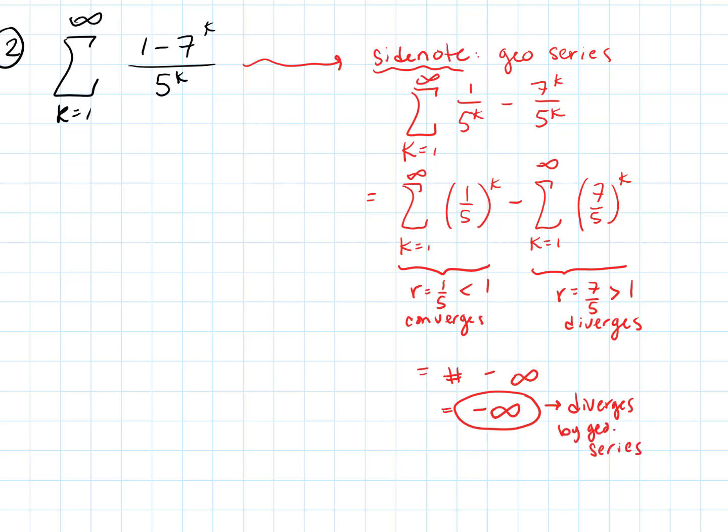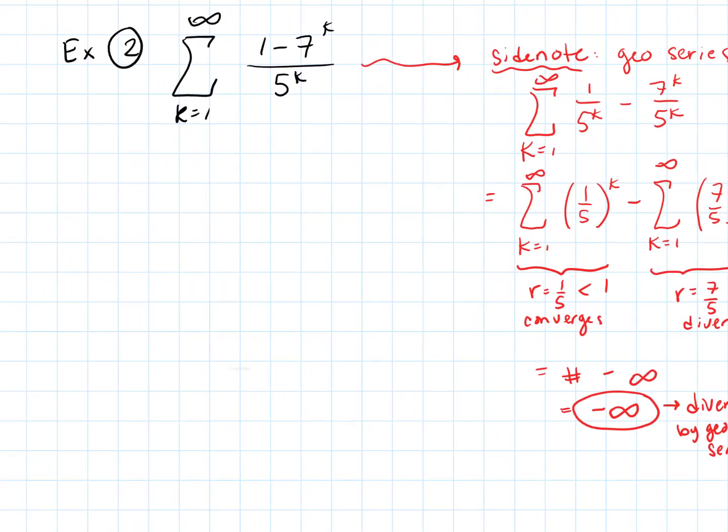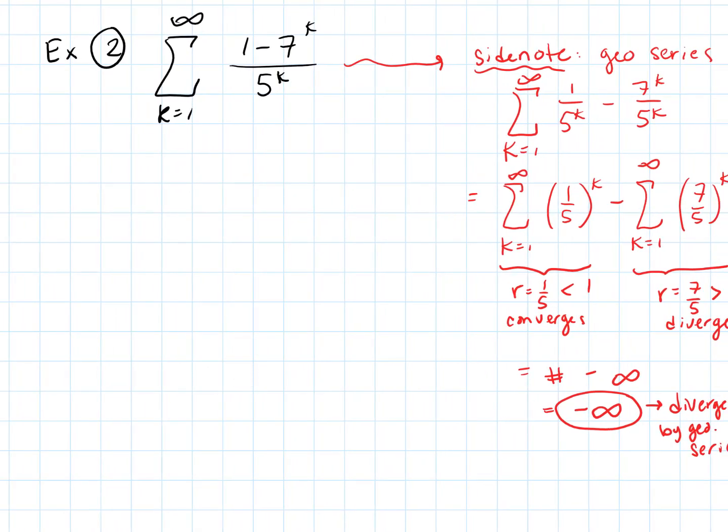So we have a way to deal with this. I just wanted to remind you there is a way to deal with this without using the divergence test. Often when we're dealing with series, there'll be multiple ways that we could show convergence or divergence. But on this particular one, we could have gone with our previous knowledge about geometric series. But let's suppose we didn't go that route, and instead we noticed right at the beginning that if I were to take the limit as k approaches infinity of 1 minus